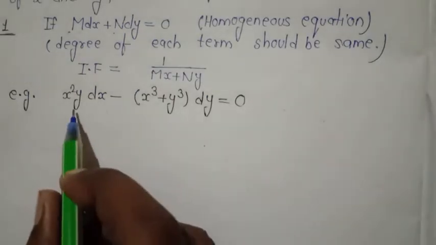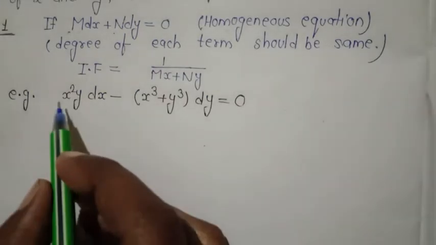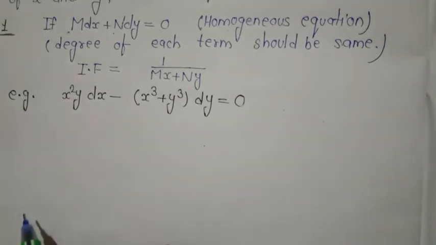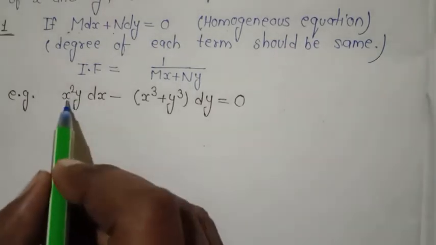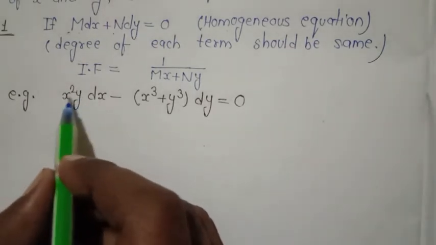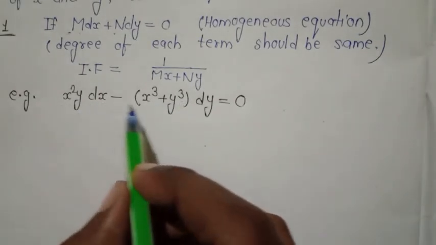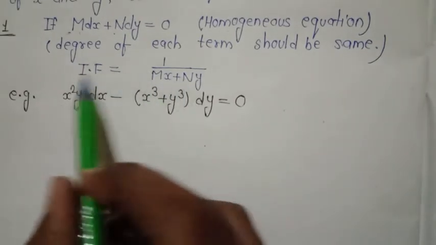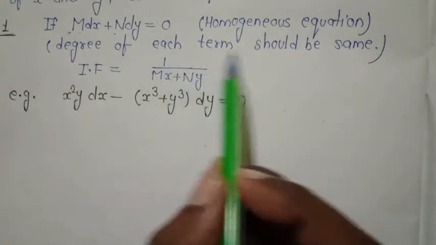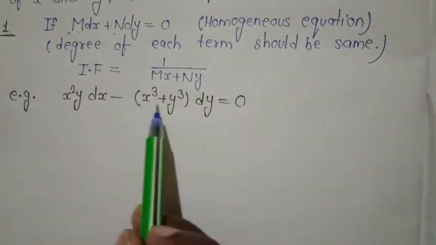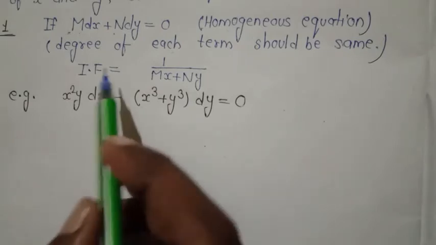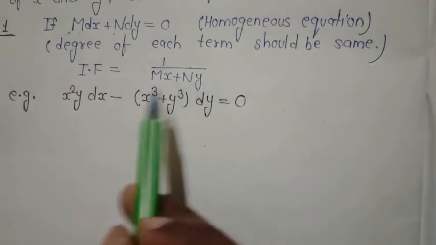So we will take one example to show how to solve this type of differential equation which is not exact. Here you can see I have taken one example. Now you can see whether this is in homogeneous form or not. I will tell you how to recognize it. The total powers here are 3, here 3, here 3. So all the powers are the same. I told you that the degree of each term should be the same. So here the degree of each term is the same, so this can be converted into the exact form.